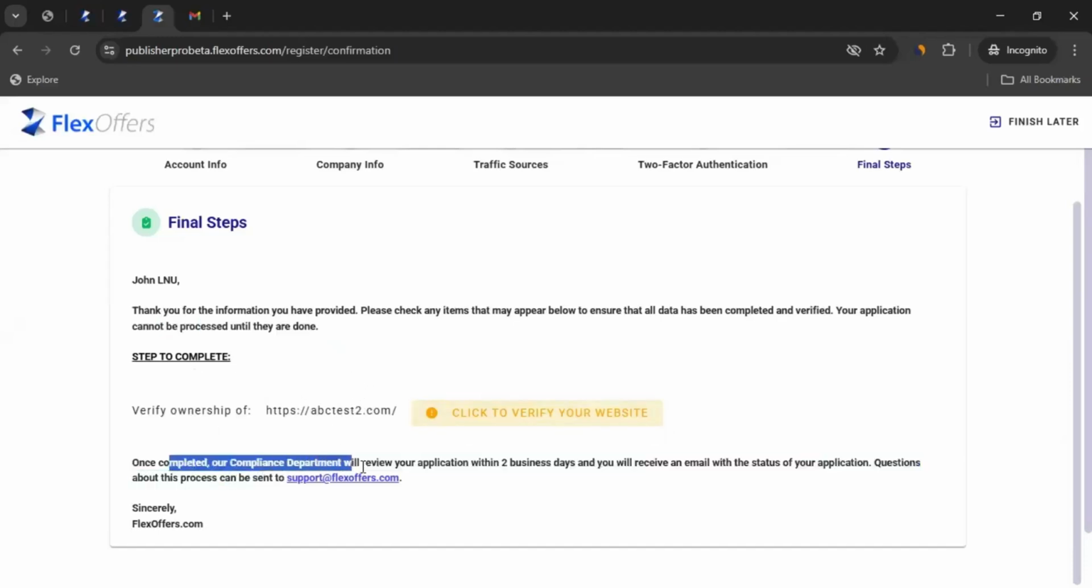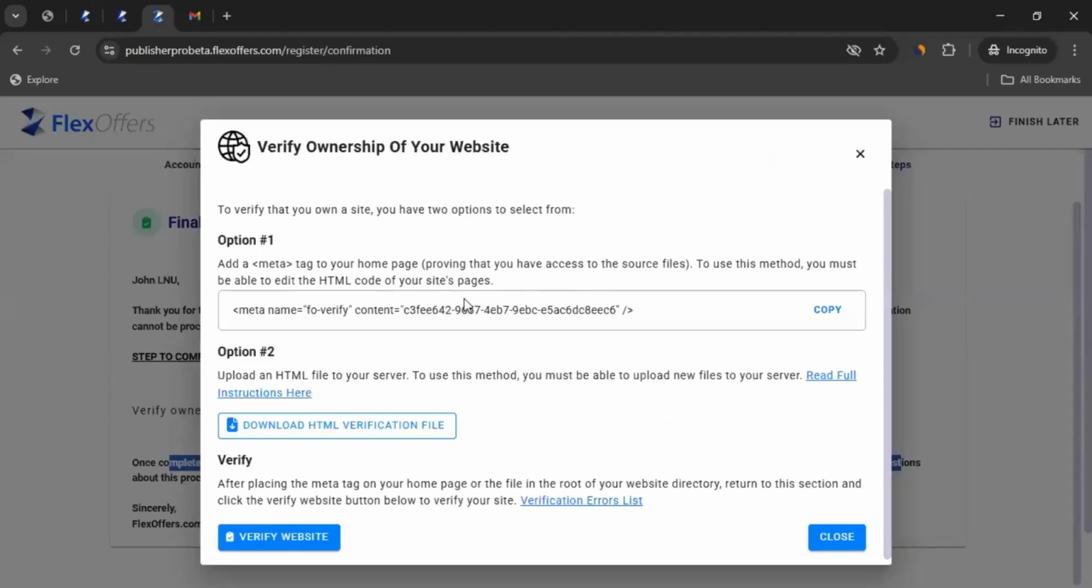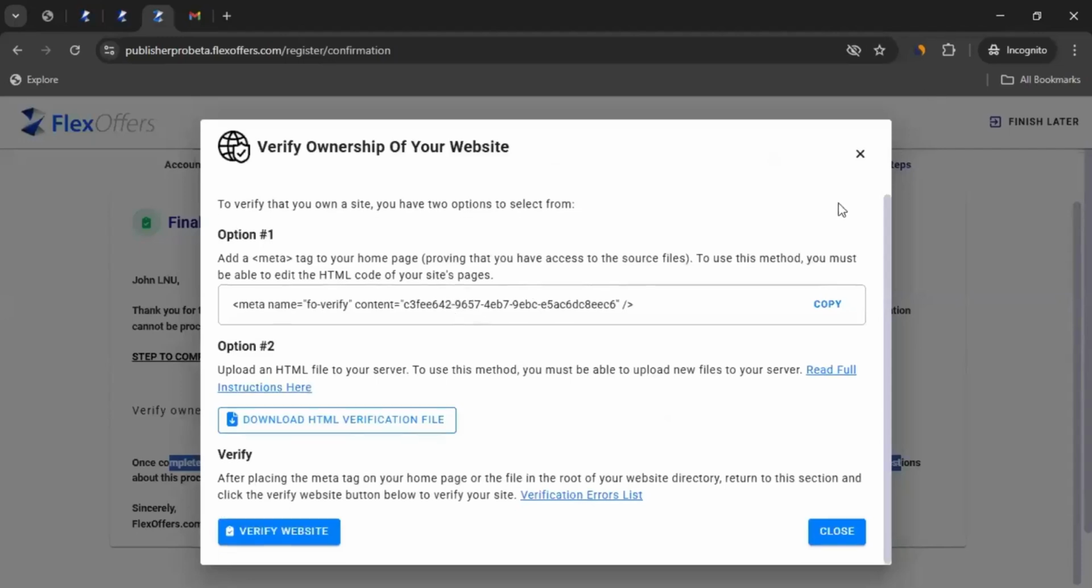Once completed, our compliance department will review your application within 2 business days, and you will receive an email with the status of your application. Questions about this process can also be sent to this email address, that is support@flexoffers.com. So if there is something pending from your traffic sources, you can take action. And how do you take the action? Simply click on the pending item, and it will take you to that specific place where you can verify or confirm